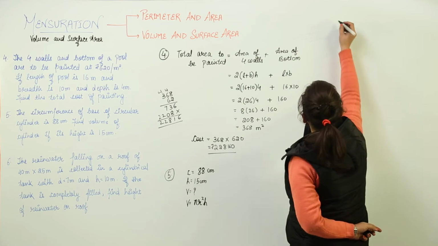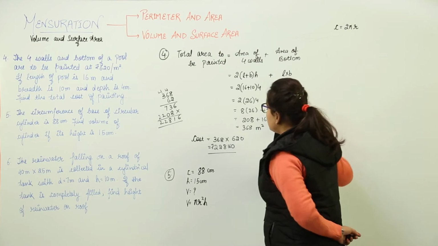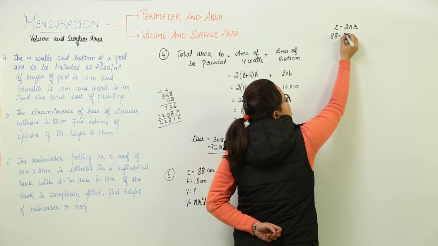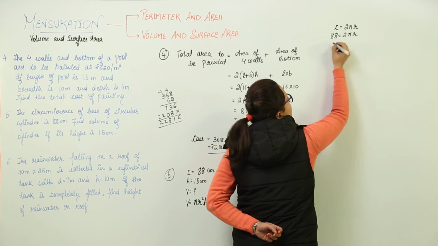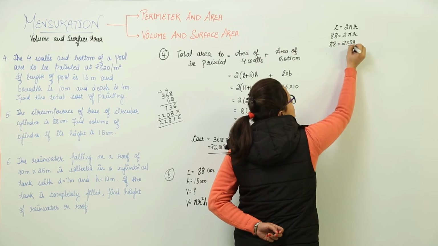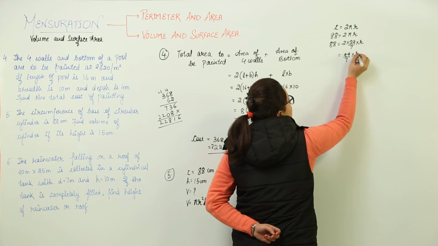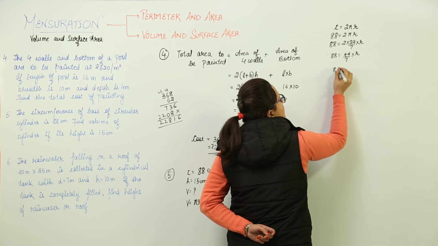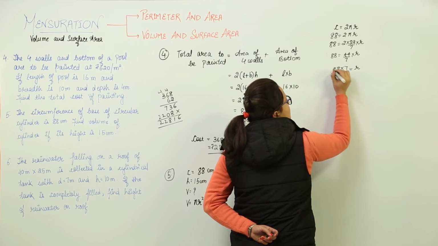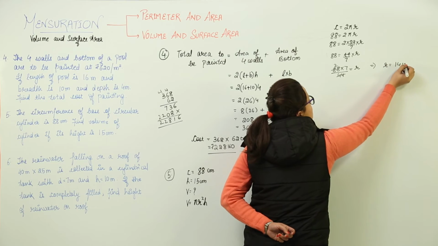Now let us do this. The circumference formula used to say that it is equal to 2 pi r. Now what are we supposed to do? We will put it equal to 88 and solve 2 pi r. Now putting the value of pi, we get 22 upon 7 into r, which makes 44 upon 7 into r equal to 88. Now 88 into 7 whole upon 44 is equal to r. Now you cancel this out. What do we get? We get the radius equal to 14 centimeters.